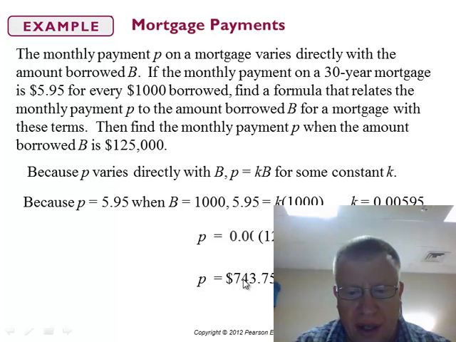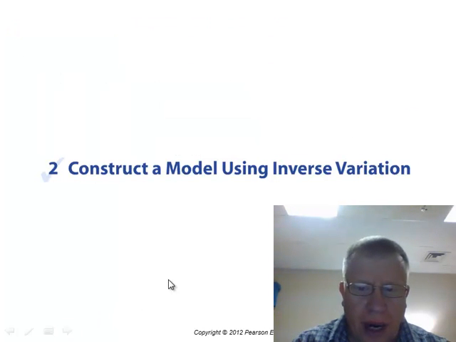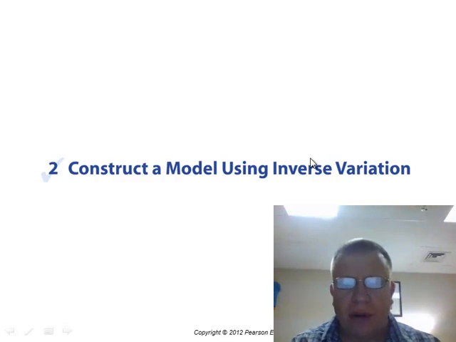And that is equal to 743.75. Okay? All right, now let's talk about a different relationship between two variables, and this relationship is